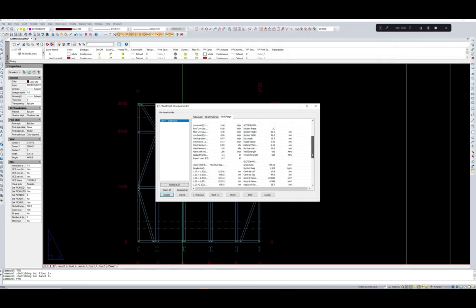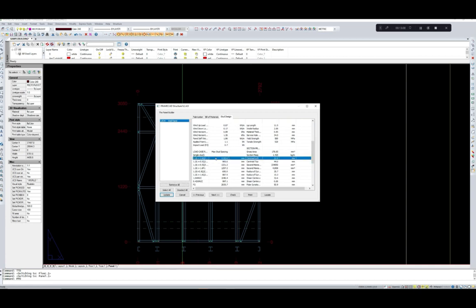It will show the max stud spacing required as per the forces. So it should not be less than 1. So this is one thing which we should actually check